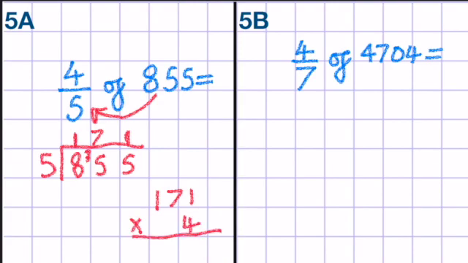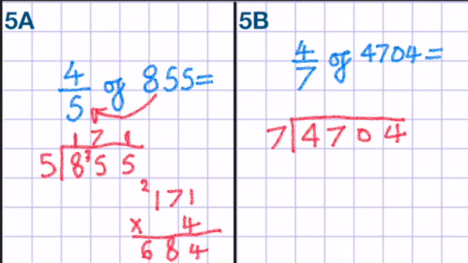times 4. 4 times 1 is 4. 4 times 7 is 28. 4 times 1 is 4, plus 2 is 6. 684. Right, next one. 4,704